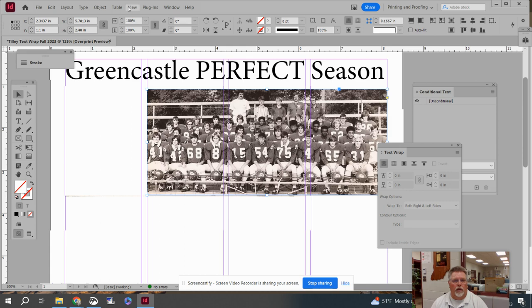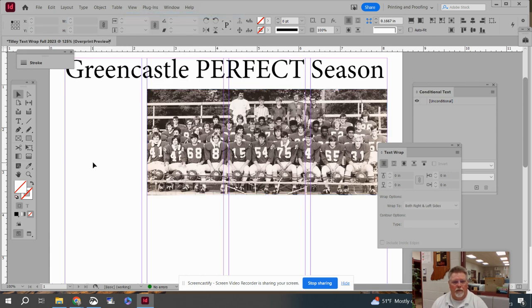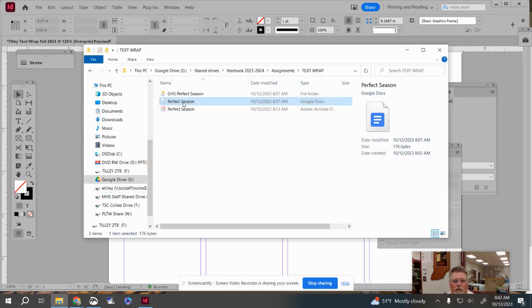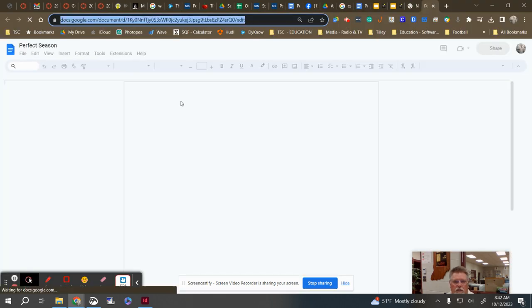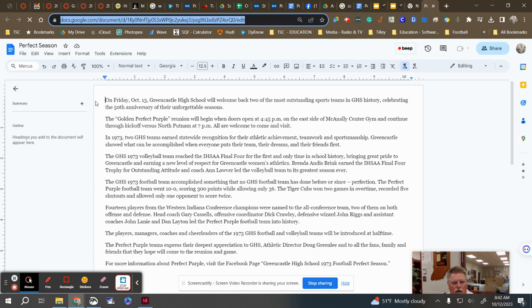Okay. And we're going to go view overprint again. Okay. Now I'm going to bring in a couple other things. First of all, we have in the folder that we shared with you a Google Doc of the article. Okay. And so if we're going to type some stories in Google Doc, all you have to do is hit